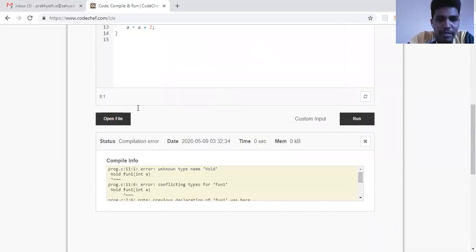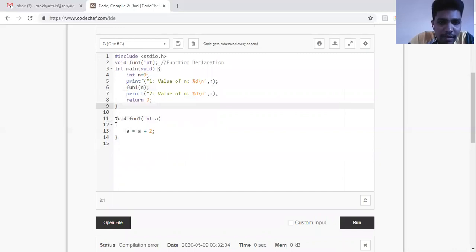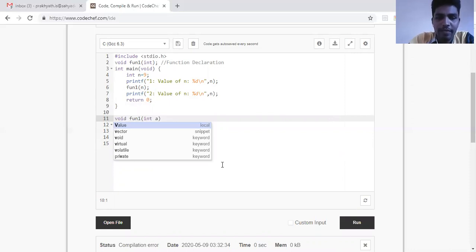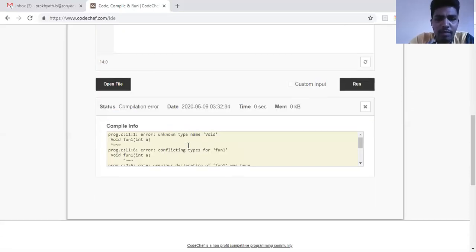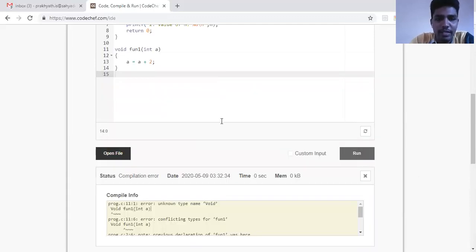Okay, there is a spelling mistake. I think I've used capital V. Okay, it's here. C is case sensitive, so be careful with these errors. Whenever you get an error, you'll come to know. It's telling that I don't know Vivo ID. Don't get confused. It doesn't know capital V O ID. It knows small void. Now if I run this program, it is correct.